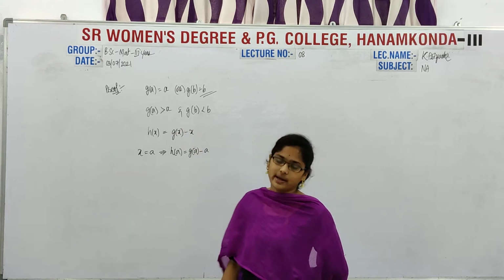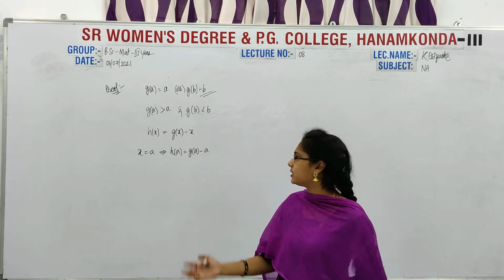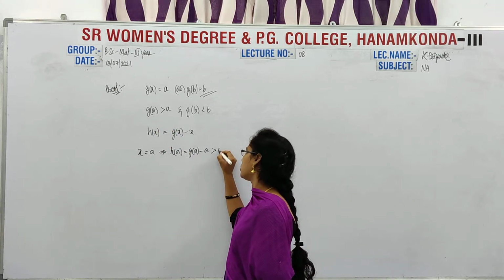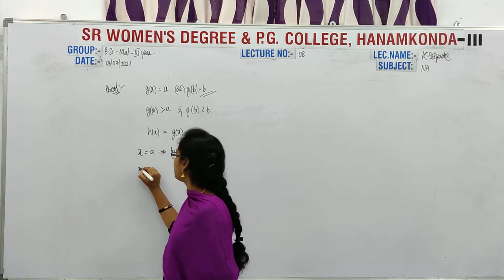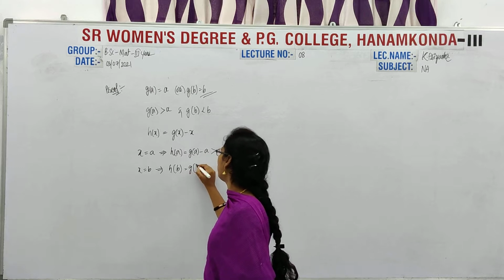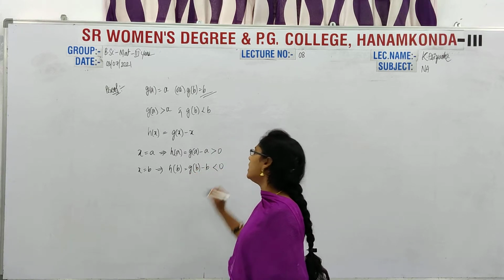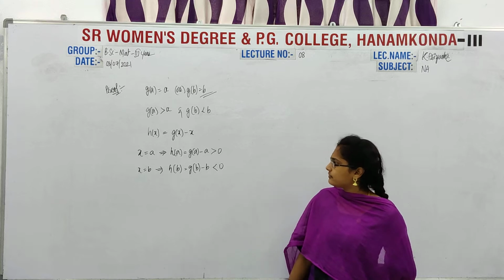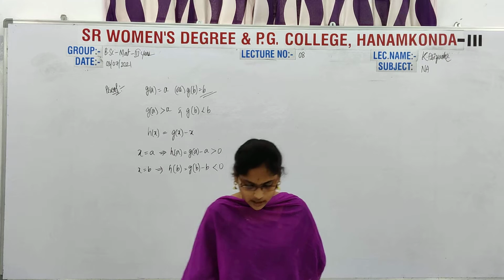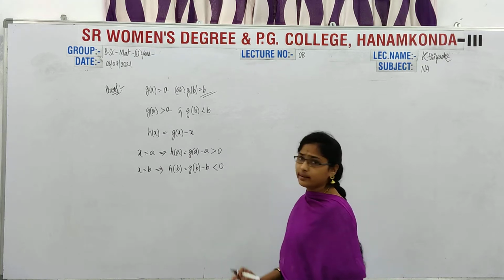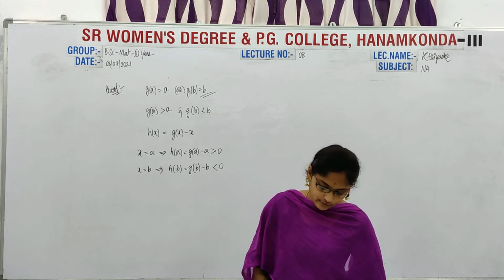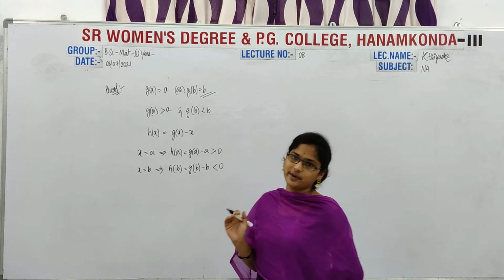So now here I consider g of a minus a, and we mentioned that g of a is greater than a, so obviously this value is also greater than 0. And now I am taking x is equal to b. Then h of b is equal to g of b minus b, which is less than 0. I am taking one value as greater than 0 and another value as less than 0. So from this, now I have the values of h of a and h of b. We have to consider that some h of p is equal to 0.